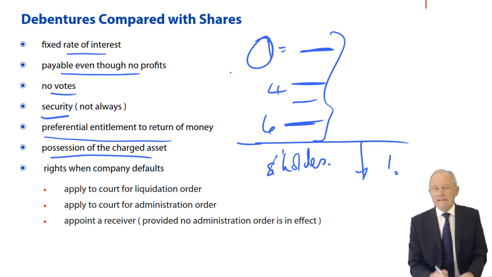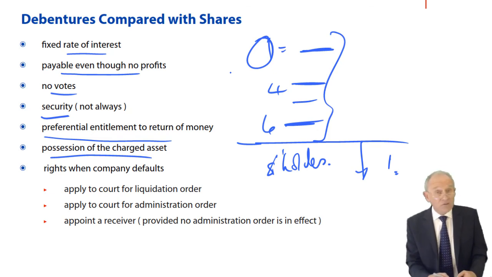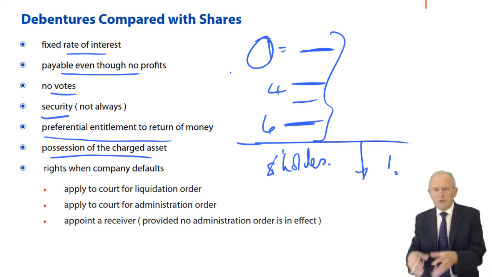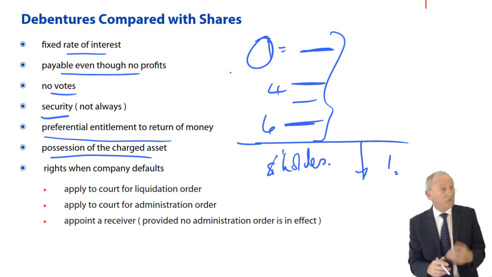So it's likely that the liquidator will take those title deeds, but it's not necessarily the case. The bank, for instance, if the bank has got fixed security, the bank has got property departments and they will take the title deeds and they will sell it and they will repay themselves.